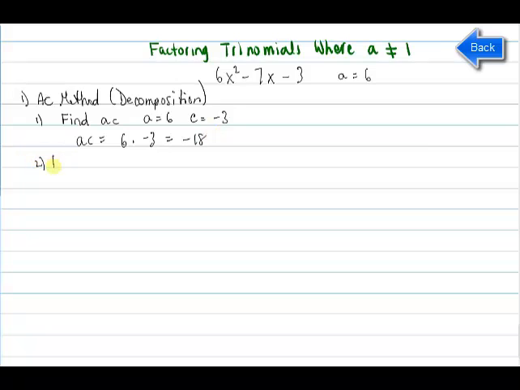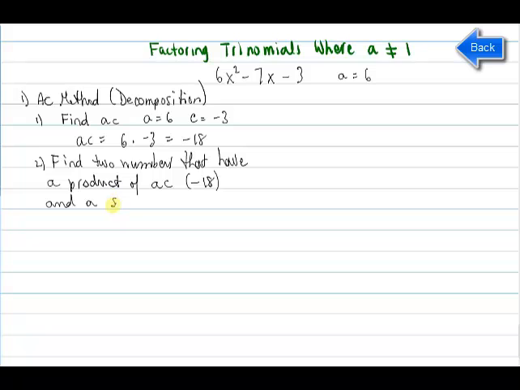Second step, you want to find two numbers that have a product of AC, in our case negative 18, and a sum of B, that's the letter B, in our case the letter B being negative 7. Okay, so two numbers that will multiply to give me negative 18 and add to give me negative 7. All right, well, my